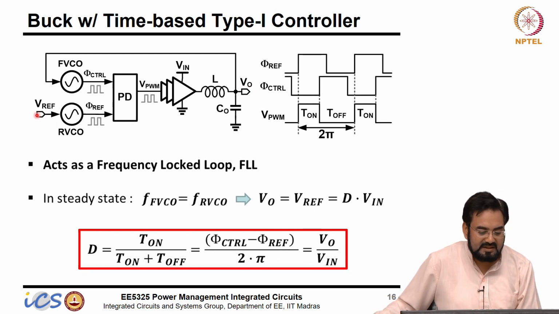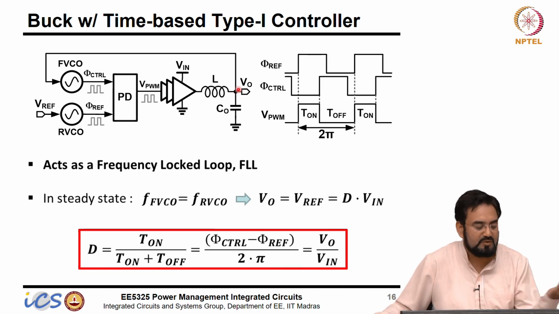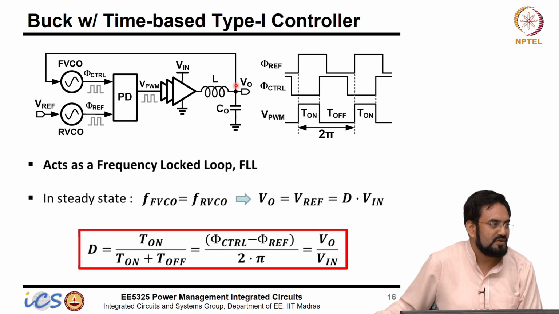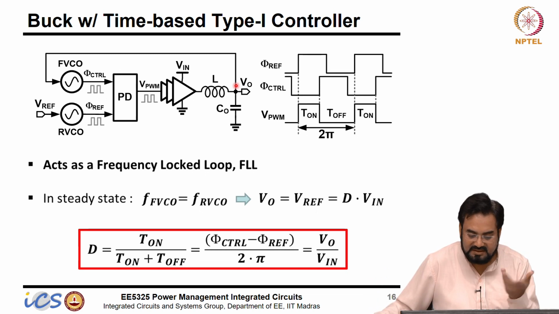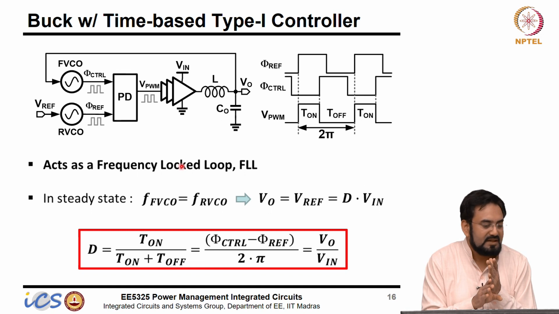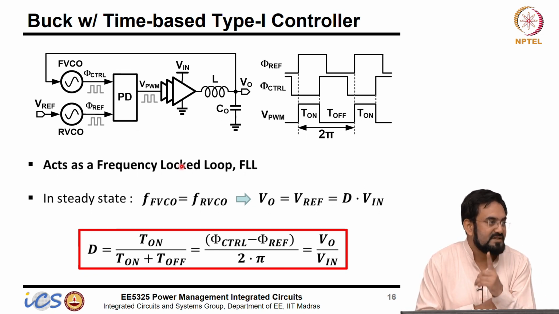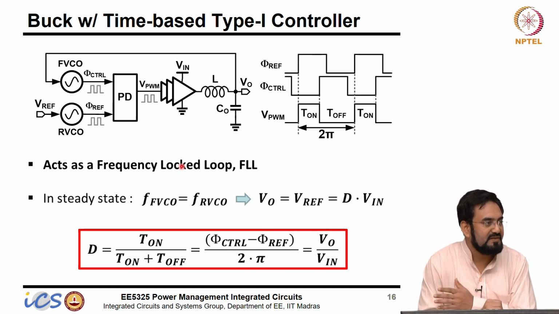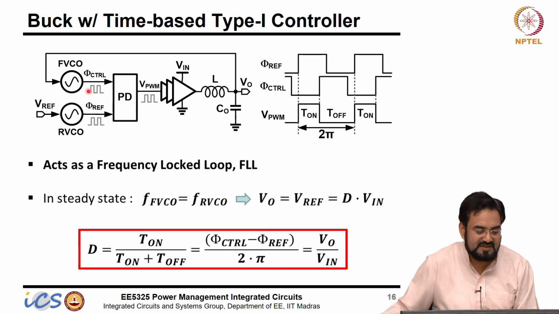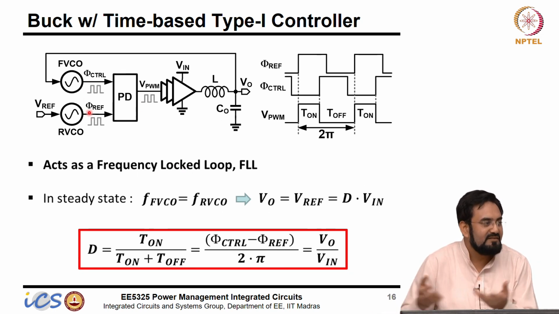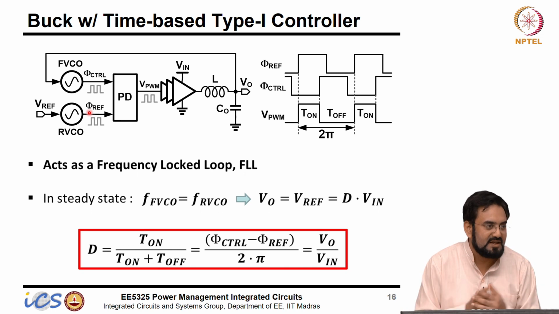Okay. And if I want Vref equal to Vout, the duty cycle here should correspond to Vout over Vin. Let us consider no loss; even if there is loss, since it is a feedback, it will compensate for that. Which means it will always lock in frequency, and I am not locking the phase here. One thing you have to remember, I am only locking the frequency. So phase is free to go anywhere, because I want a different duty cycle. If I lock the phase and make the phase difference 0, then I will always get 0% duty cycle, which won't help me.